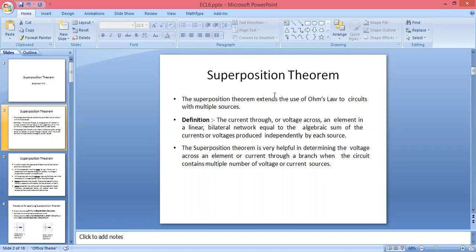So we have to derive the value of current flowing through that resistor, or we have to derive